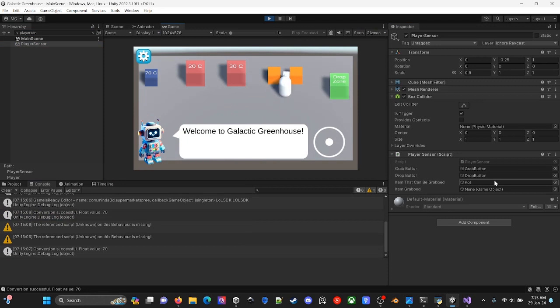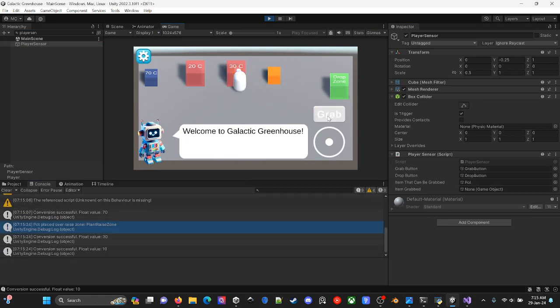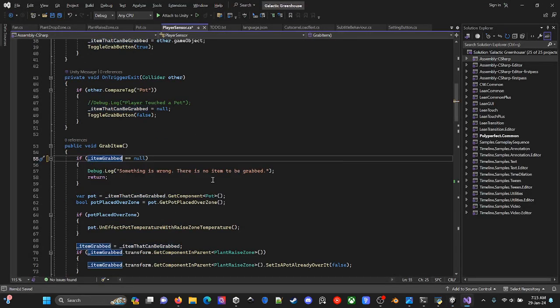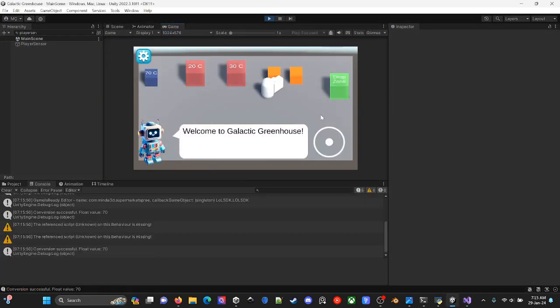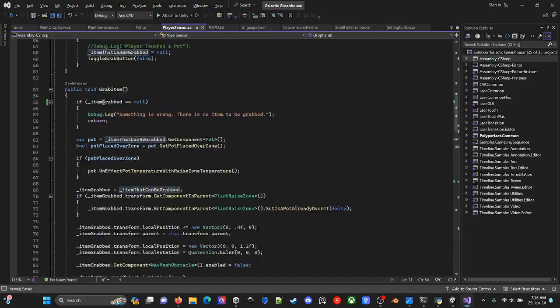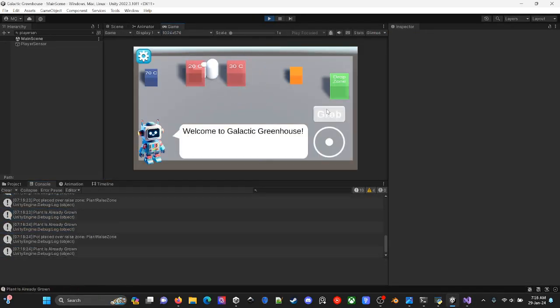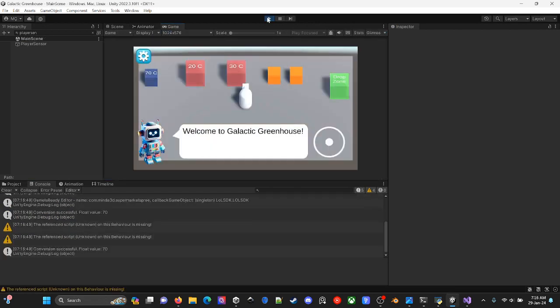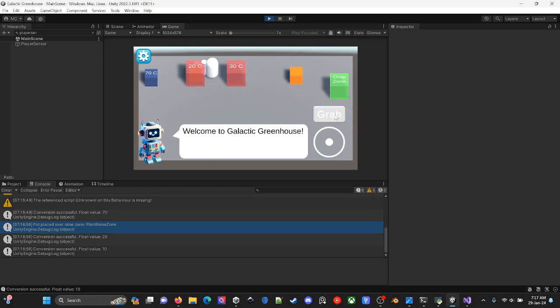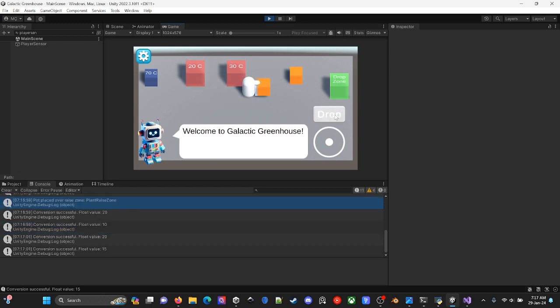It can be grabbed. Yes, the item that can be grabbed and grabbed is the same. Let's try to raise the same error again. Okay, now it's working flawlessly. But I have my pots over here. Actually, they're right now a placeholder spot. If I grab my pots over here and place inside this ray zone, and if I get it again, I